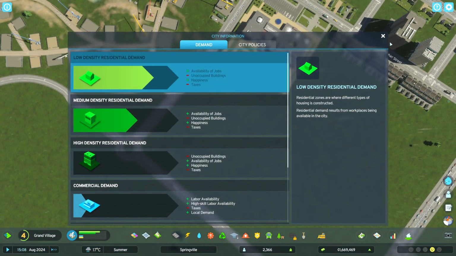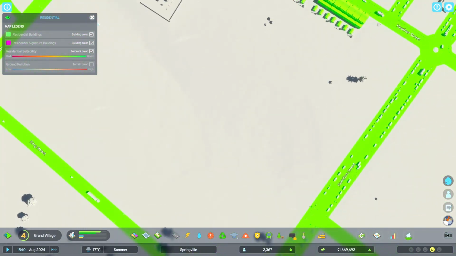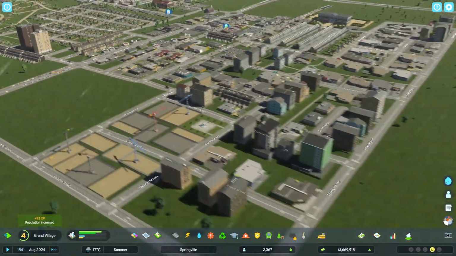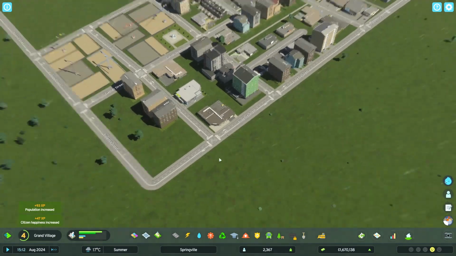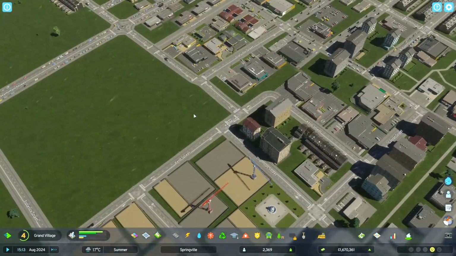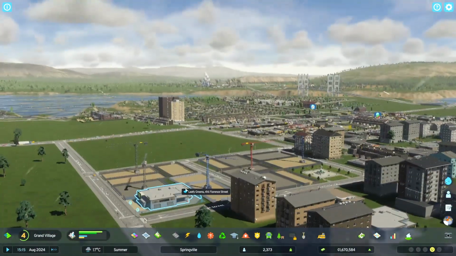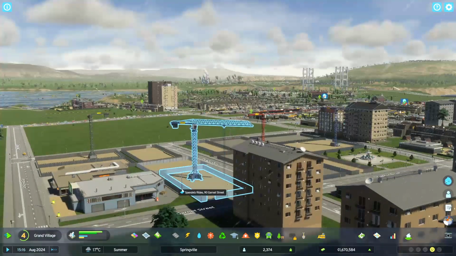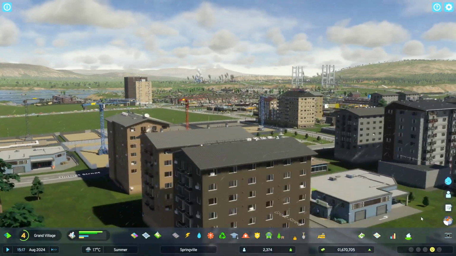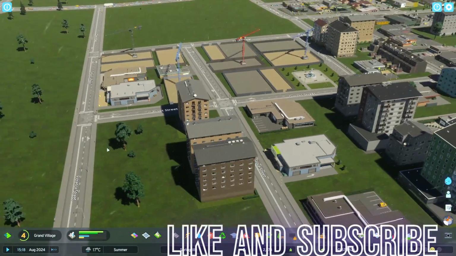But yeah, I think in this episode we have done quite a lot. The population is now almost 2,400, and it's growing rapidly. The demand for residential areas are still high, and that's good. And we have a blooming commercial area that is building up here, and also some apartment buildings that are building up quite high. So I feel like we have done a lot, and I think we will just end this